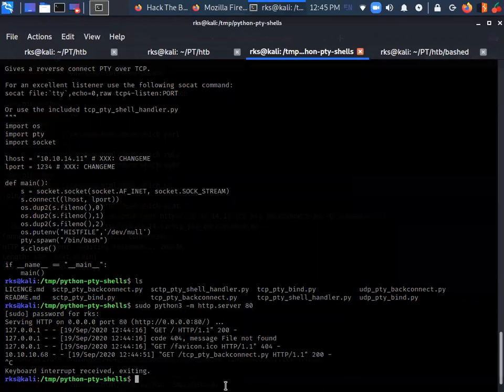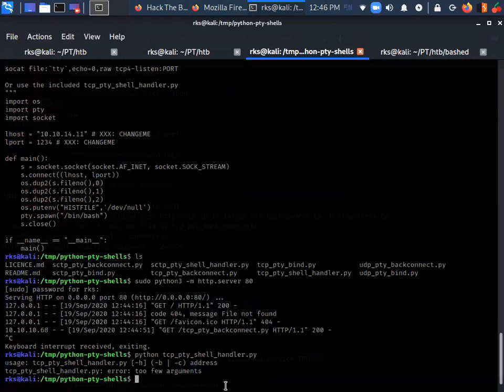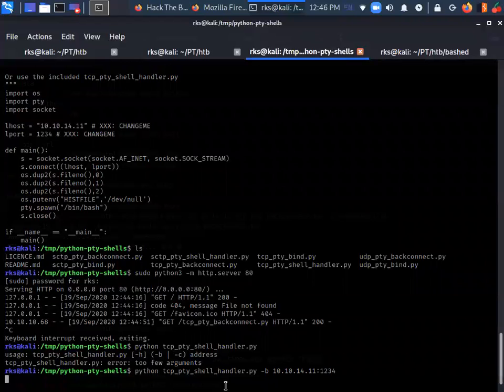Let's run this thing, python tcp_pty_shell_handler.py. Too few arguments. I need to mention the -b flag. -b is to bind, and I need to bind it to my machine, 10.10.14.11, colon, port 1234. Press enter. So now my machine is listening for a connection on this socket basically.